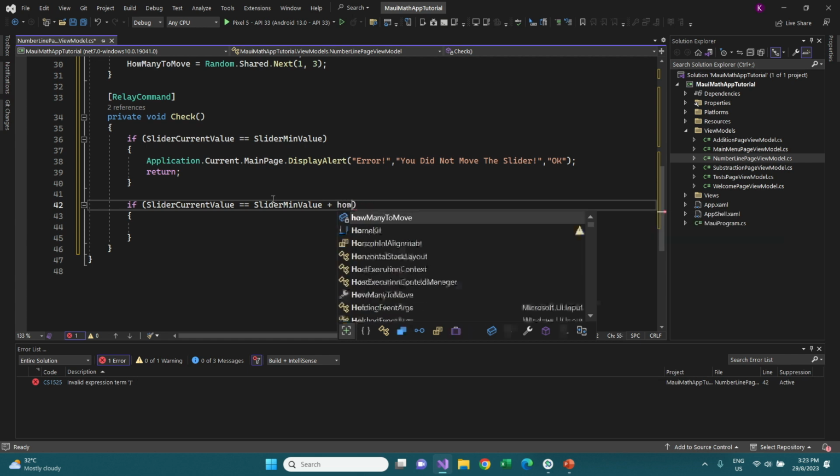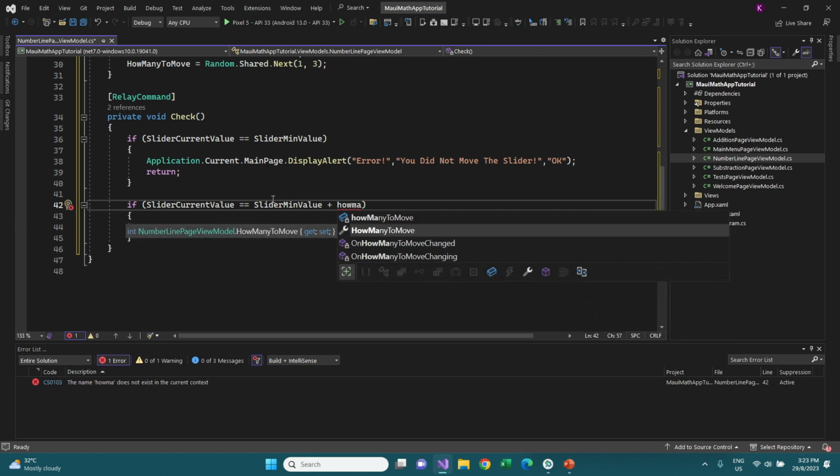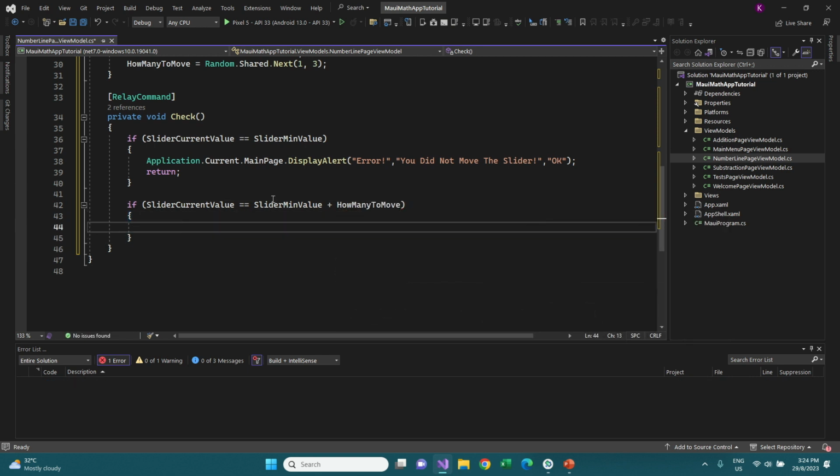I think it's slider. So I'm just gonna say how many to move, and I will give him an Application.Current.MainPage